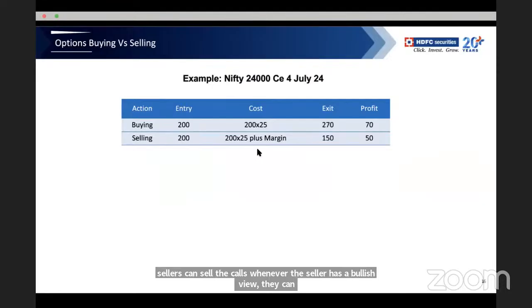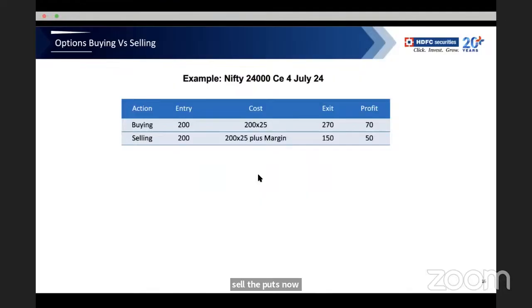Now let's take an example of the Nifty 24,000 call, and how the costing and profits work. Let's say that in the buying segment the entry is done at 200 rupees, so the cost is going to be 200 into 25. 25 is the lot size, and let's say that now it has reached 270, so 70 points is my profit. Now on the selling side you have done entry at 200, and your cost is going to be,